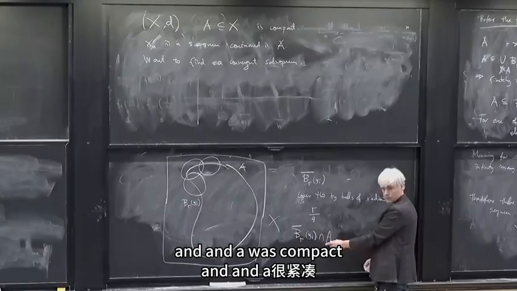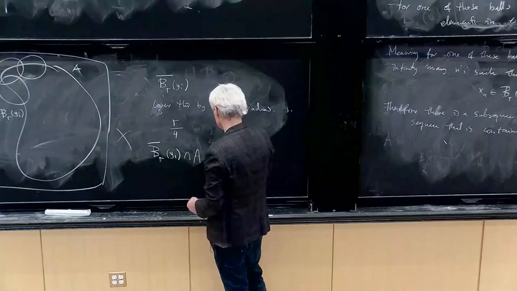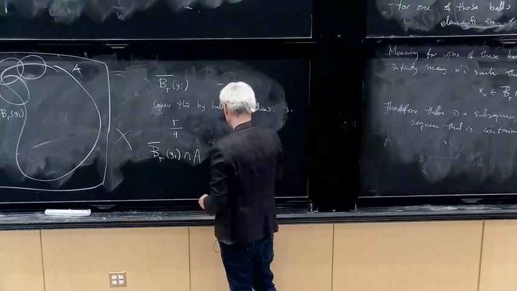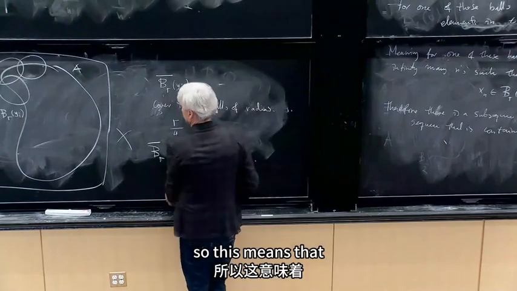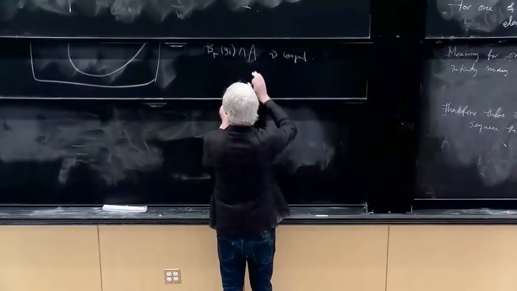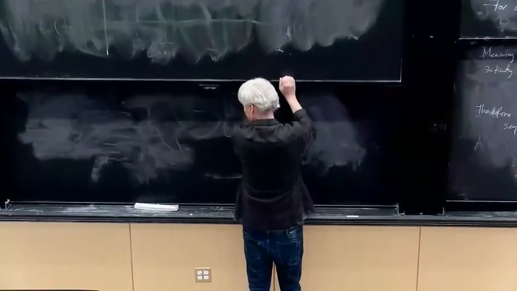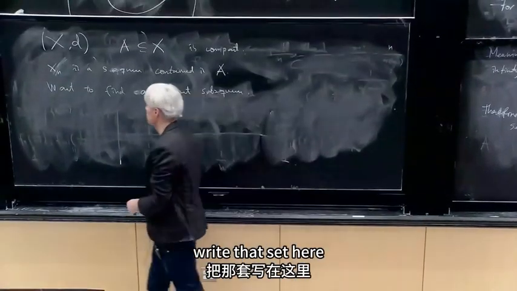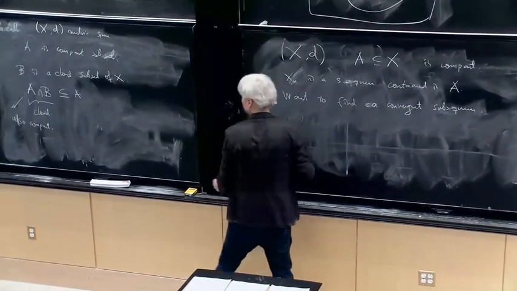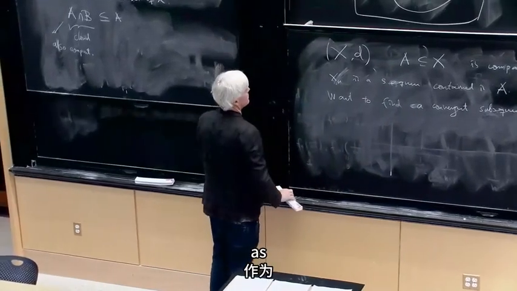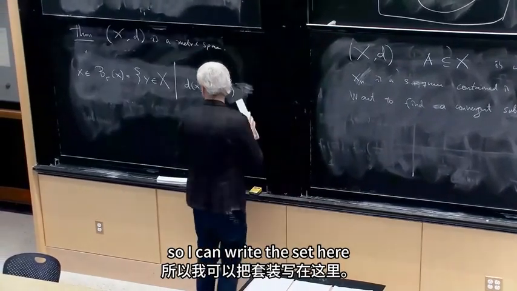And A was compact, right? So this here is compact. So this means that I can write that set here